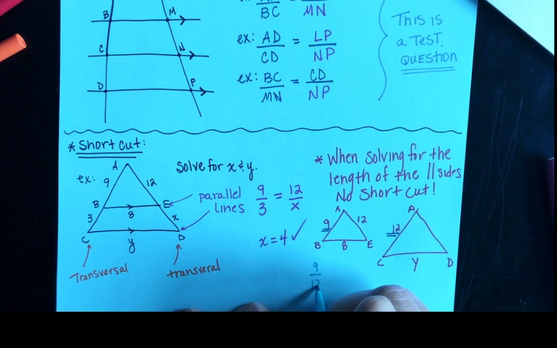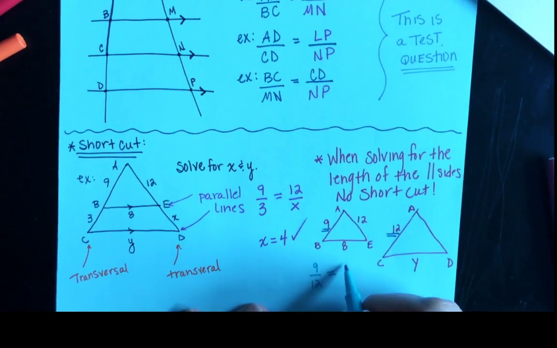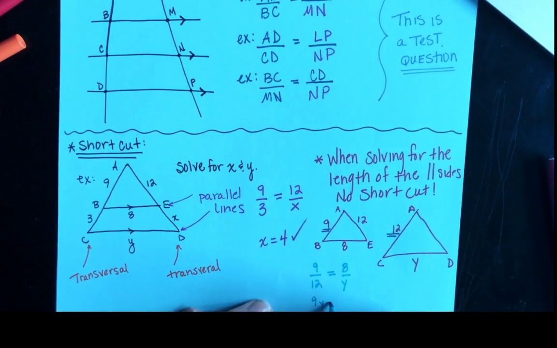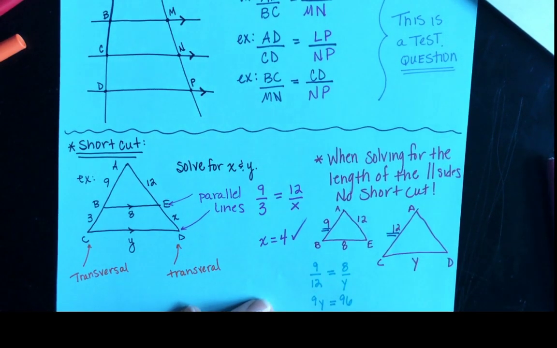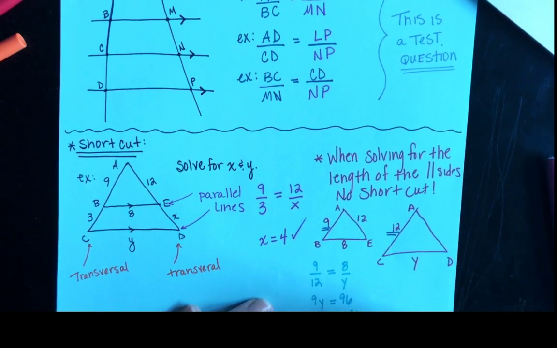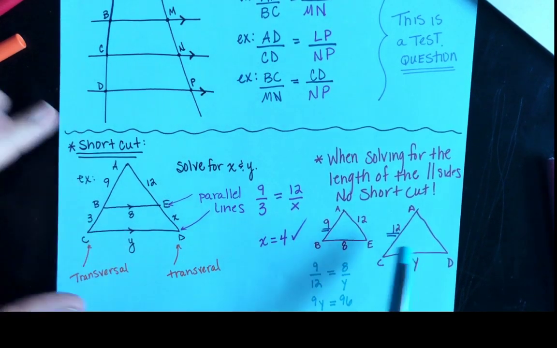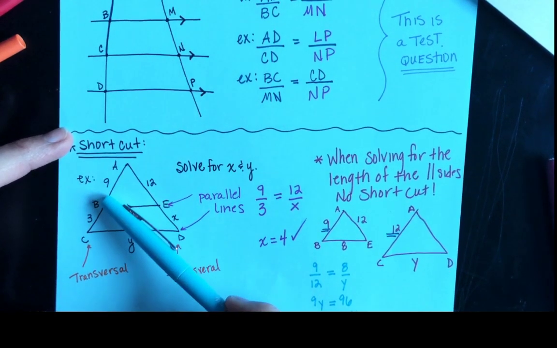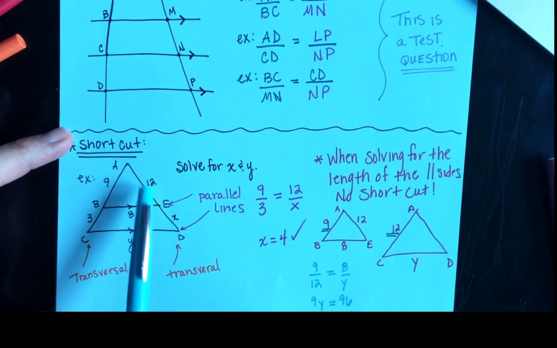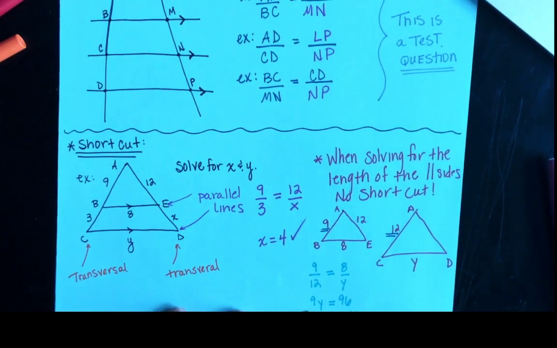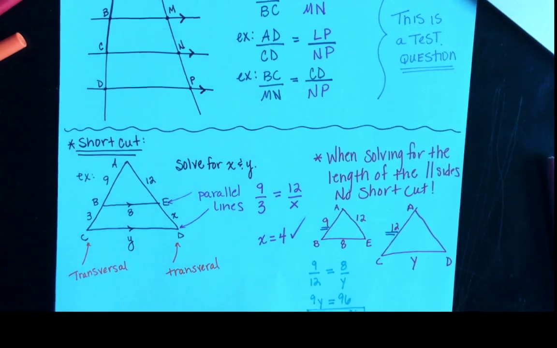So I end up with 9 over 12, left to right, 8 over Y, left to right. And when I cross multiply, I have 9Y equals 96. And when I divide by 9, we end up with 10 and 2/3. And what I need to make sure of is that it doesn't match the same ratio, because these aren't full triangles. These are just parts of our transversal. So it works well on one side. You cannot use the shortcut with the other one. So we end up with Y is 10 and 2/3,